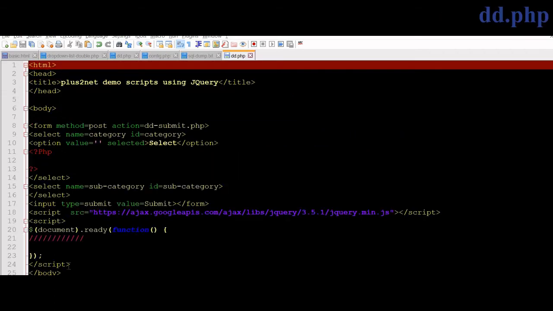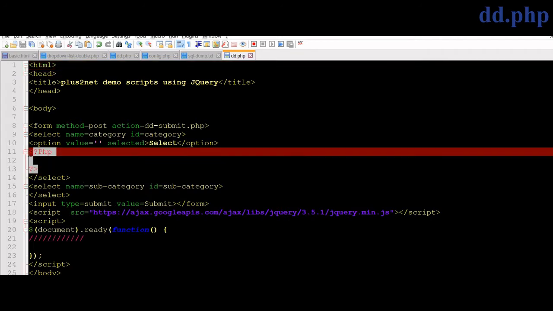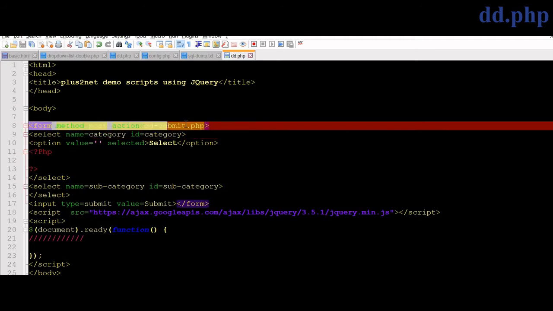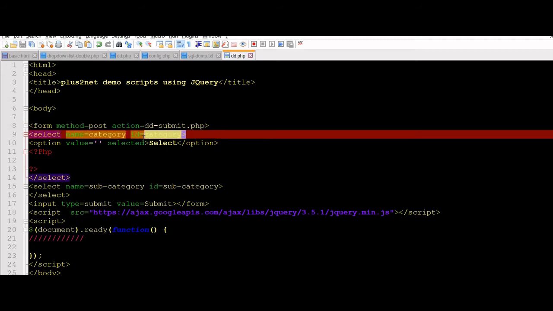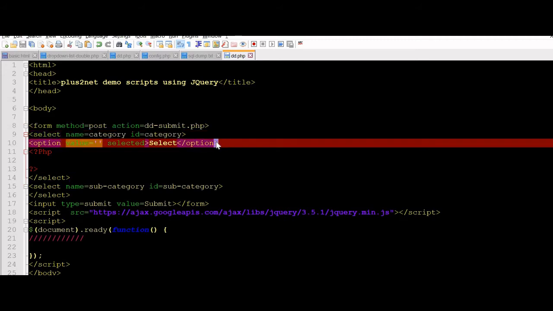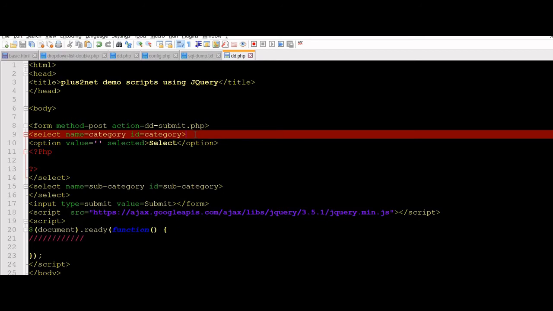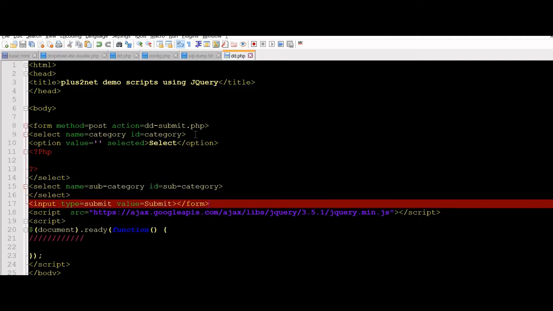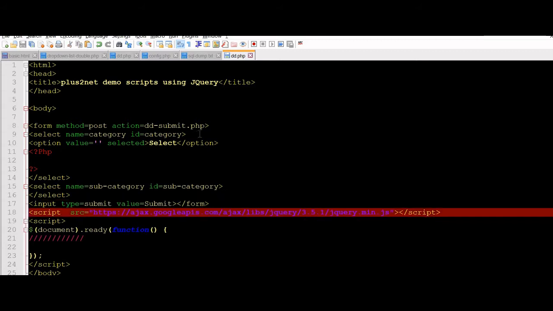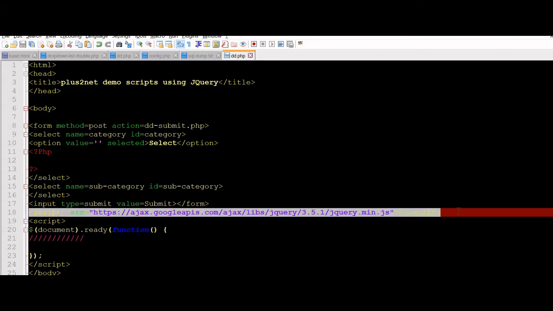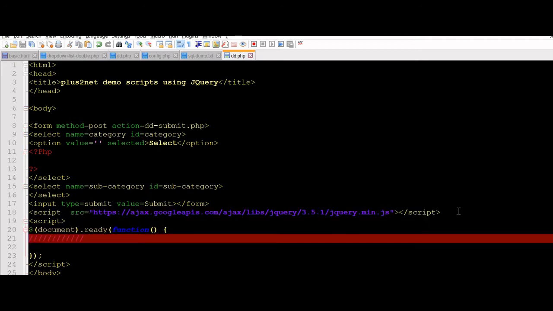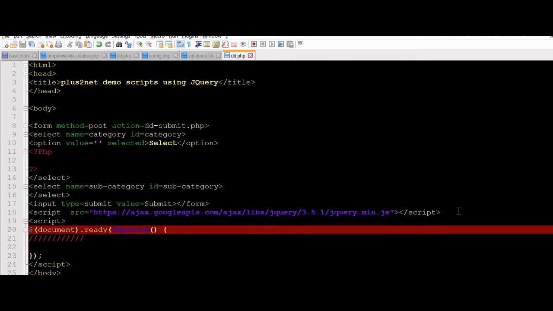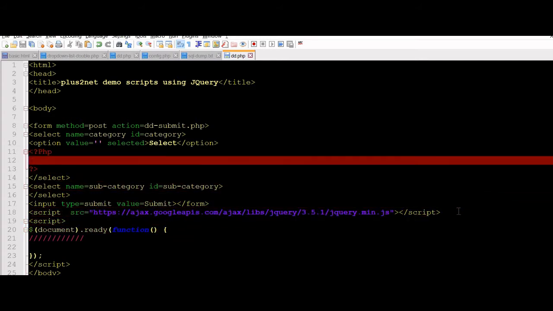You can see we have just used the basic template here. There is no PHP code in anything here, and you can see also we have put the form HTML part, and the select drop down list is ready, but there is no data. So we have created one select list here for the category and one more select list here. It is for the subcategory, but they are not populated with any data, and we can submit the form here. Here we have connected to our Google CDN to connect to the jQuery library. We will write our jQuery code here, but before that the first drop down list will be populated by using the PHP code.